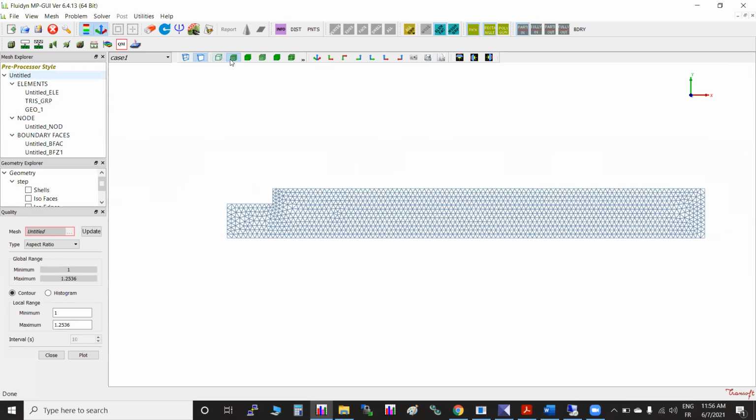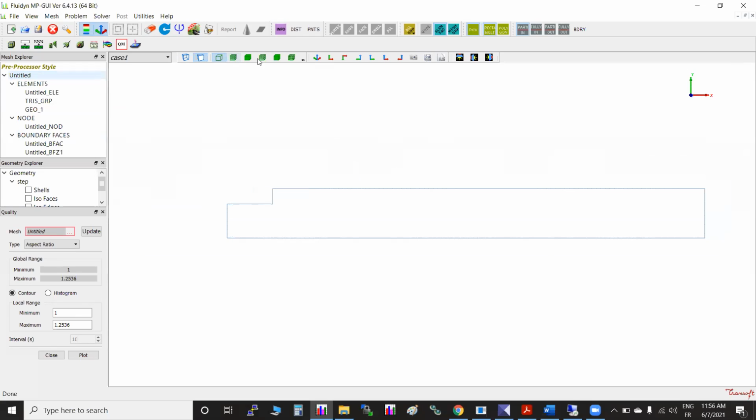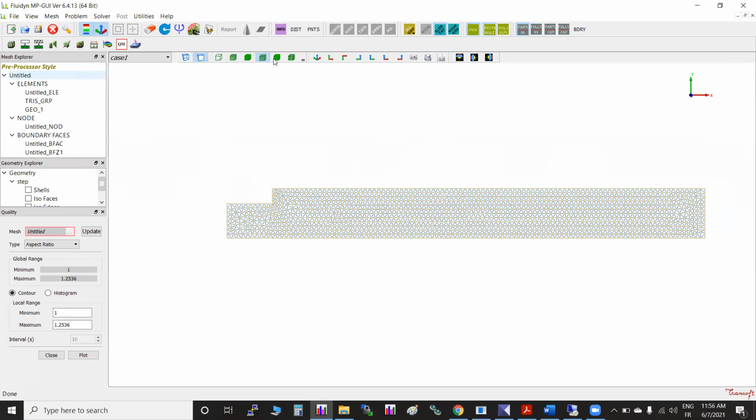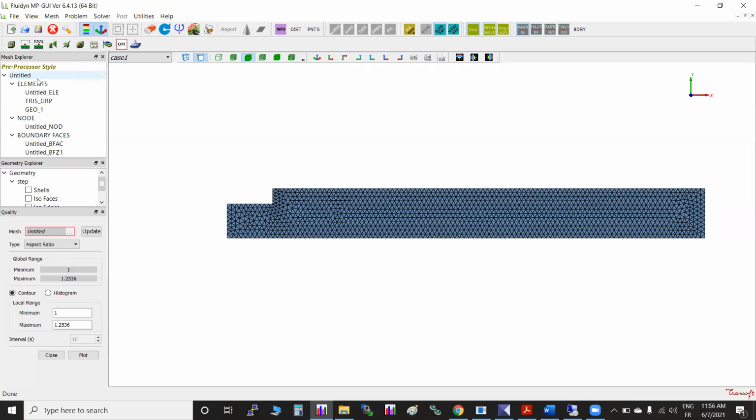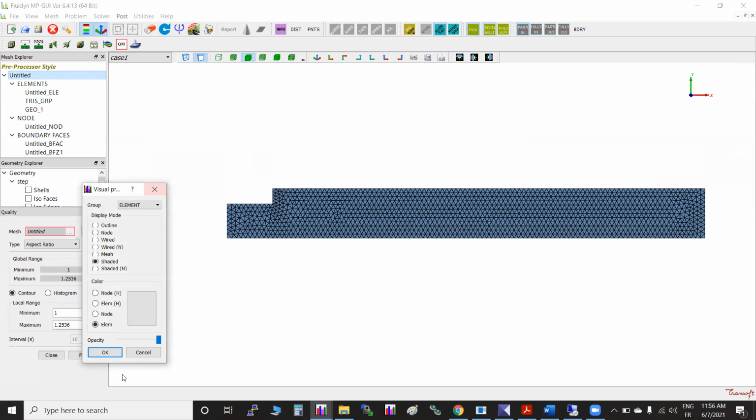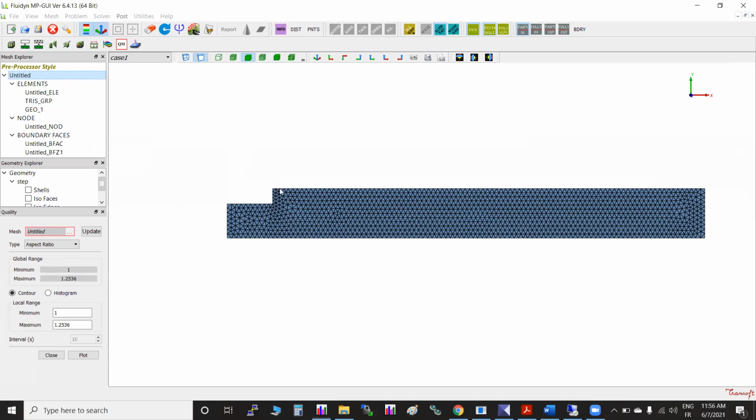And there is a mesh representation in different formats: edge mode, wire mode, shaded mode, shaded edge with points. Okay, like that. See, different ways are there. So we'll keep it in wireframe mode or shaded mode, whatever you like. For better presentation in your reports, you can change the visual properties, color, those things are available.